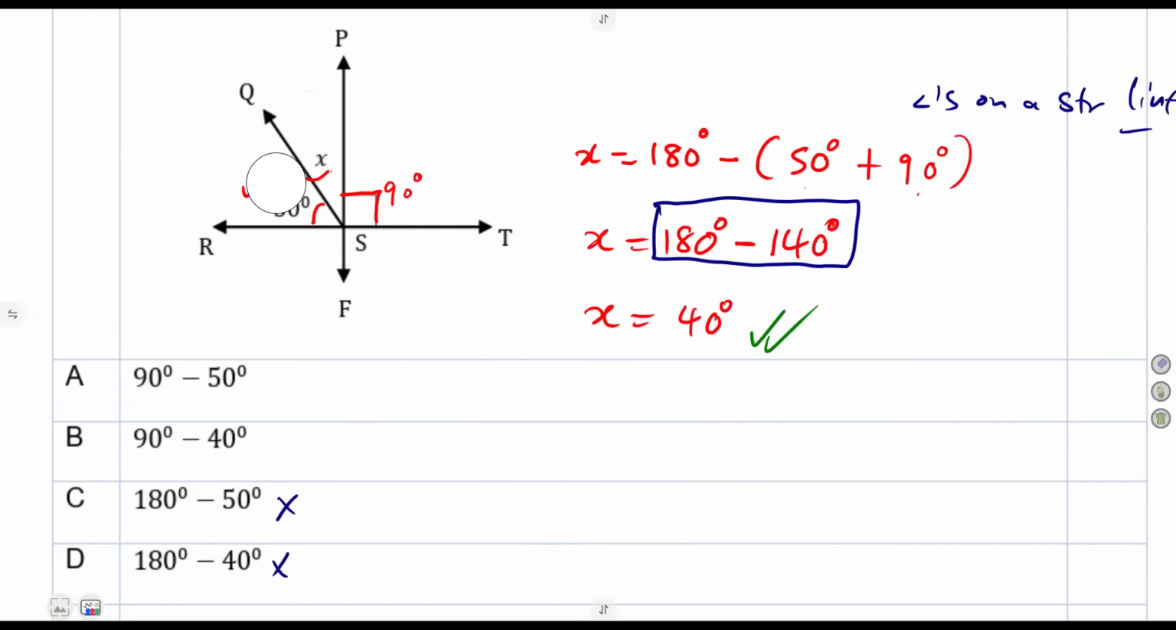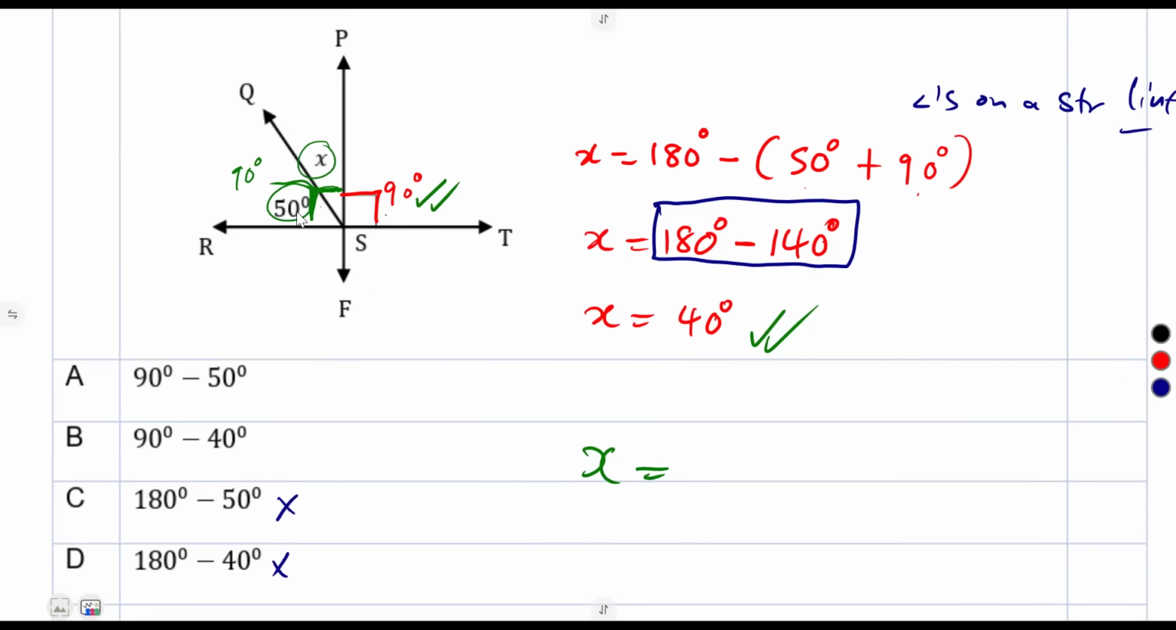If this angle is 90 degrees, what does it mean? It means the remaining angle here is also 90 degrees. Remember, angles on a straight line give us 180. So 180 minus 90 gives us what? 90 degrees. So therefore, x can be obtained from 90 degrees and 50 degrees, because we are saying 50 degrees